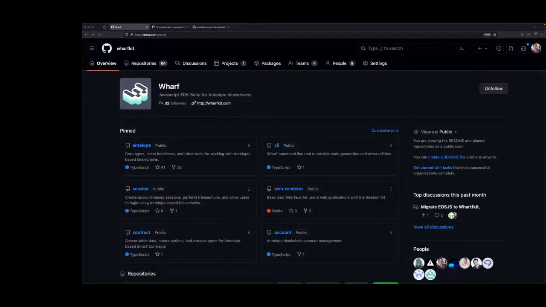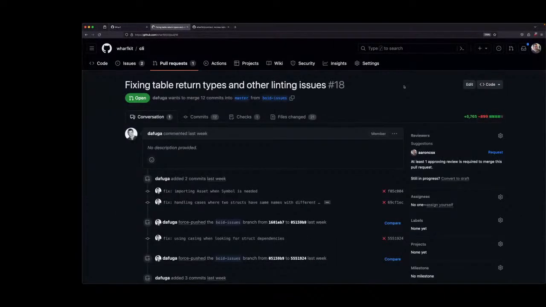Over the past week, we've been taking in a lot of feedback from people that are using the 1.0 releases. There's been some good usage of the SDKs and running into some bugs. So we've been focused on resolving those. The one that's taken most of our time is this type issue with the contract kit and the generated code base. When you'd load a table and get rows and whatnot